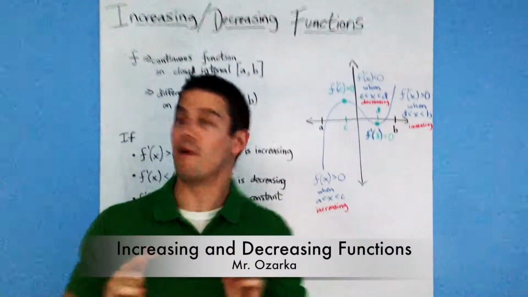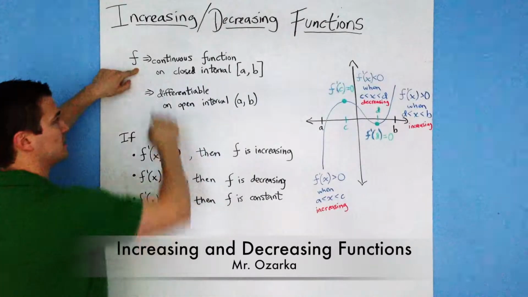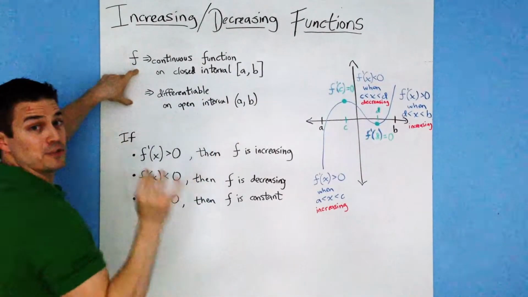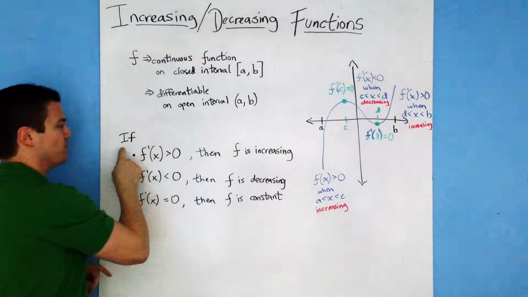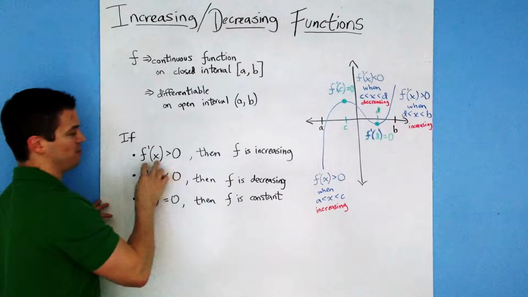Alright, so this is going to be a video about increasing and decreasing functions. So let's just say a function is continuous on the closed interval and differentiable on the open interval between a and b. If for that function the derivative, so f prime of x, is greater than 0, so if the derivative is